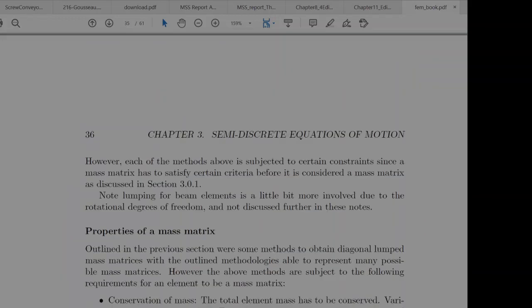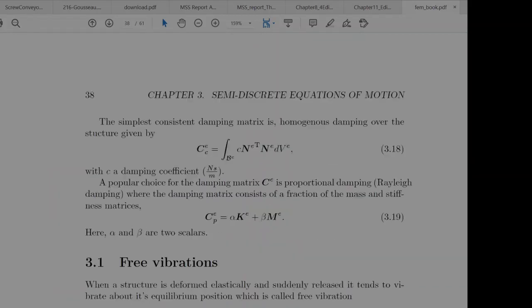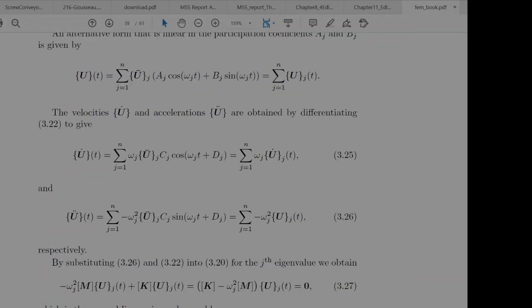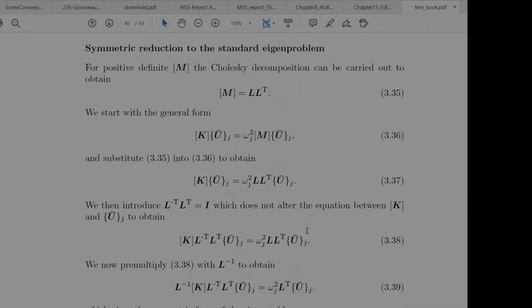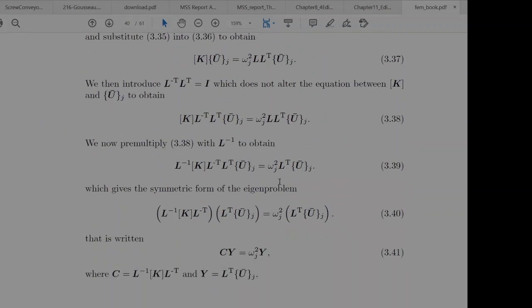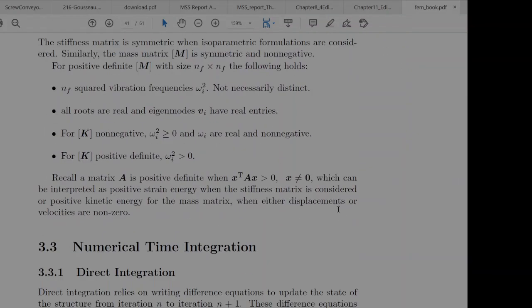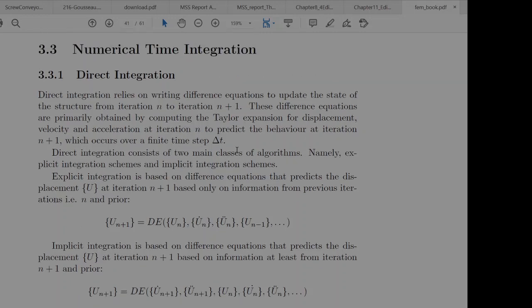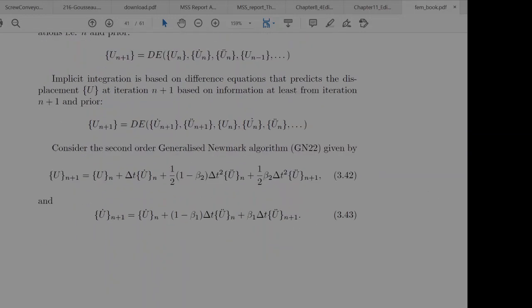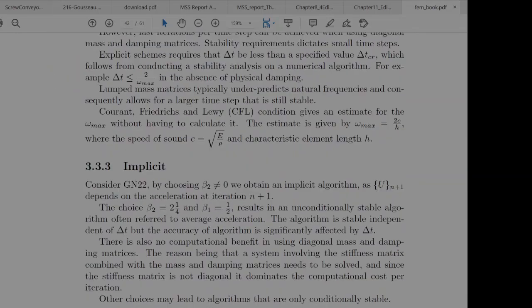If I supply you with a mass matrix and a stiffness matrix, you should be able to compute the eigenvalues and eigenvectors of that system, either following an approach like this, or via built-in generalized eigenvalue solvers. And then largely just understand that there are modal approaches to solve a problem, what the benefits are, and then the direct integration approaches, and the difference between explicit and implicit